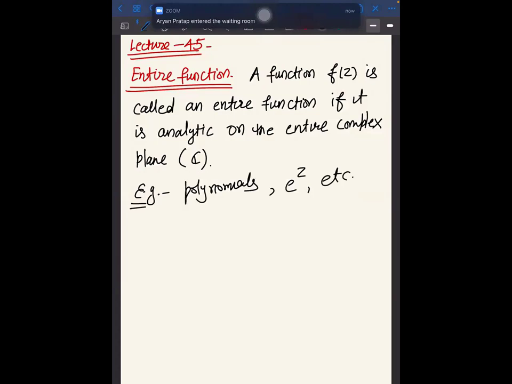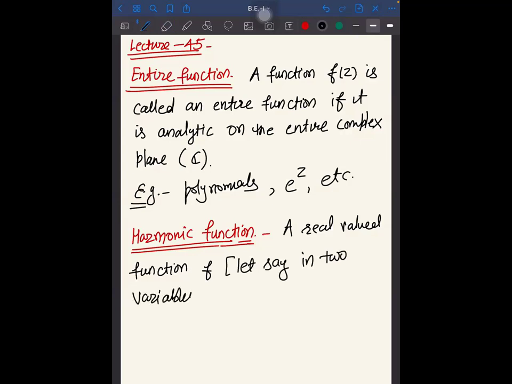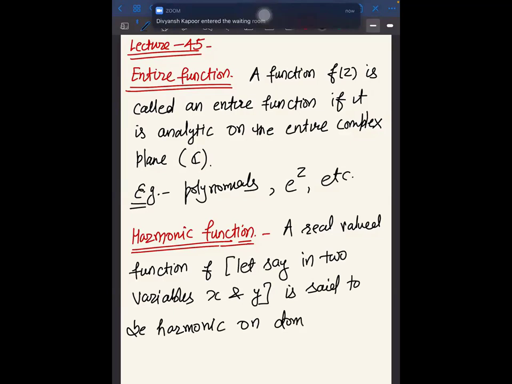Next is harmonic function. Now this is important. Okay, so we'll start with a real valued function. A real valued function f, let's say in two variables x and y, is said to be harmonic on domain D if